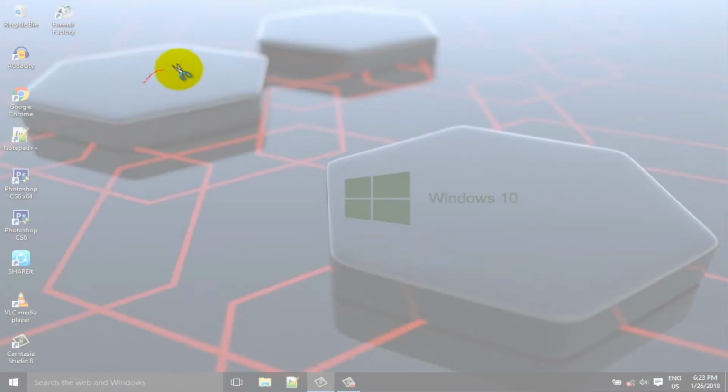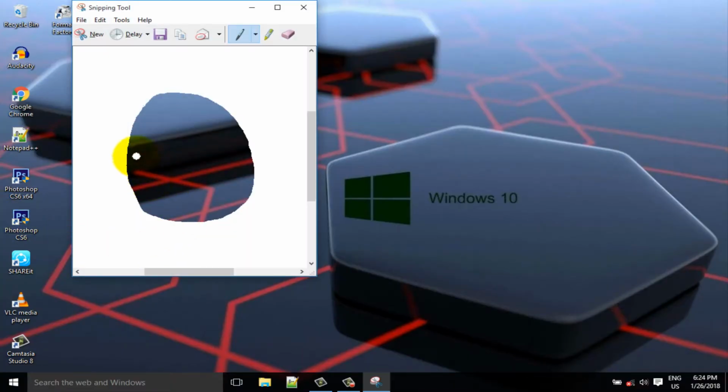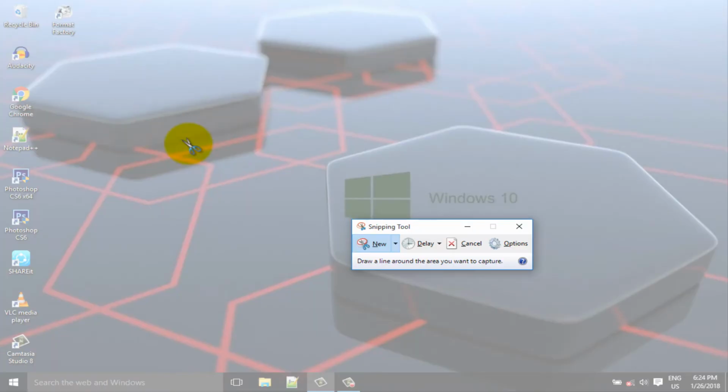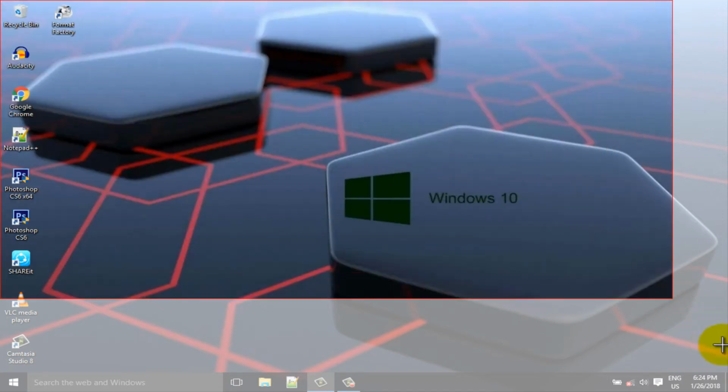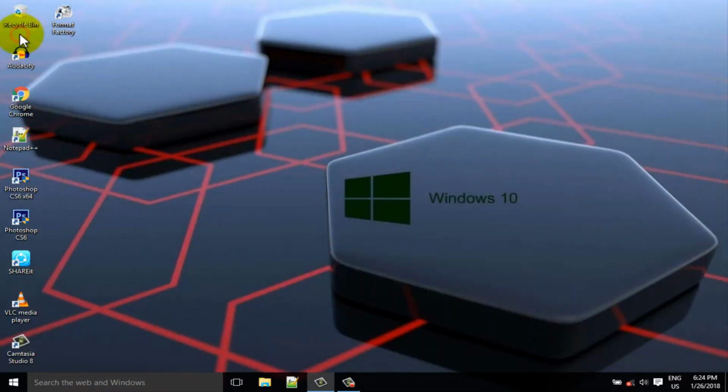You can drag your mouse to capture a specific area. I am clicking on the new option to use another option. Again click on the downward arrow, rectangular option. You can capture a specific area using the rectangular option. So you can see, and again click on the new option,